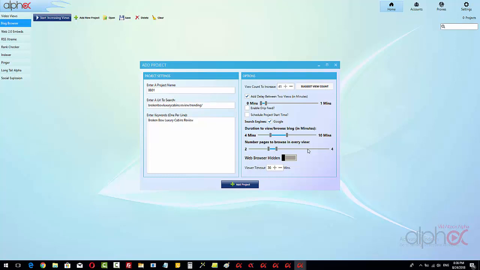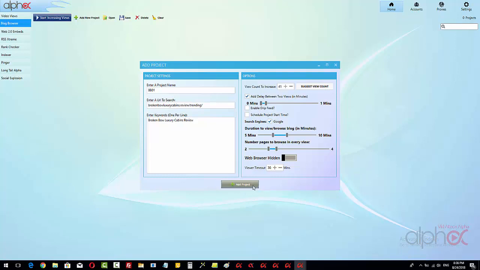And that's all we really need to do. So if I've got in here pages to view, and I've got between 2 and 4, then take your highest number here, divide it by your minimum number there, so that you know you're going to be spending at least 1 minute on each blog post. Okay, you can even move that up. Let's make it 5 minutes. Okay, so we got 1 minute and 15 seconds on each blog post if we do a maximum of 4